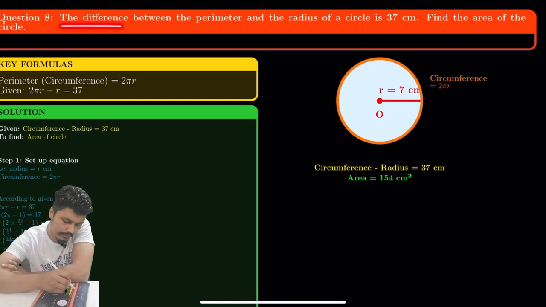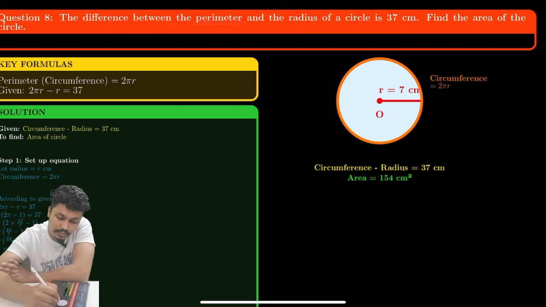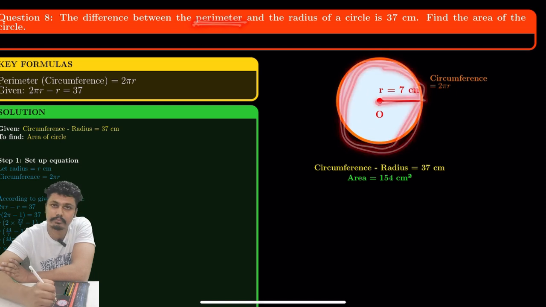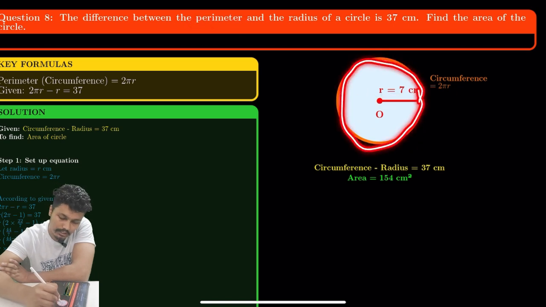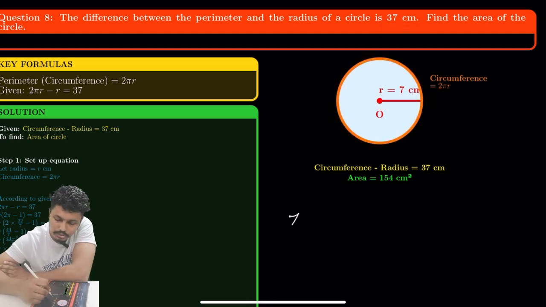Okay, the difference between perimeter and the radius of a circle is 37. Perimeter means what? Circumference. Circumference minus radius. Circumference from here to here minus radius from here to here. If I subtract these two, I'll get 37 centimeter. Simple. Circumference is how much? 2 pi r, minus r, the radius, right,